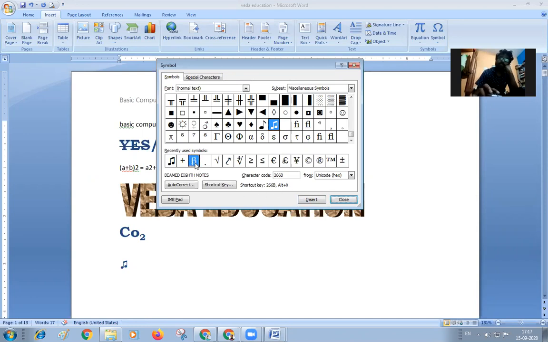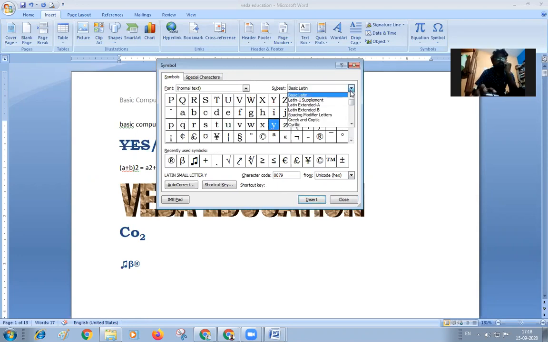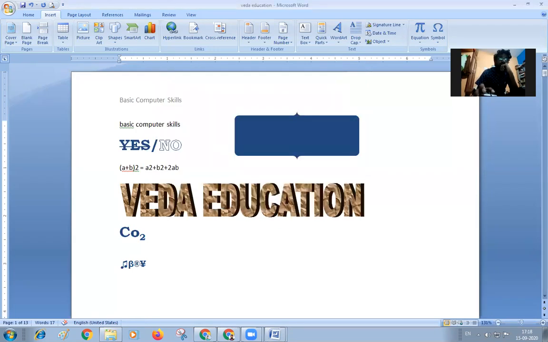I'm selecting the Greek letter small beta and clicking on insert, and the beta is placed there. I'm clicking on the registered sign, and the registered sign comes there. Whatever symbol you select, you can get it inserted into the text. This is how we work with symbols.